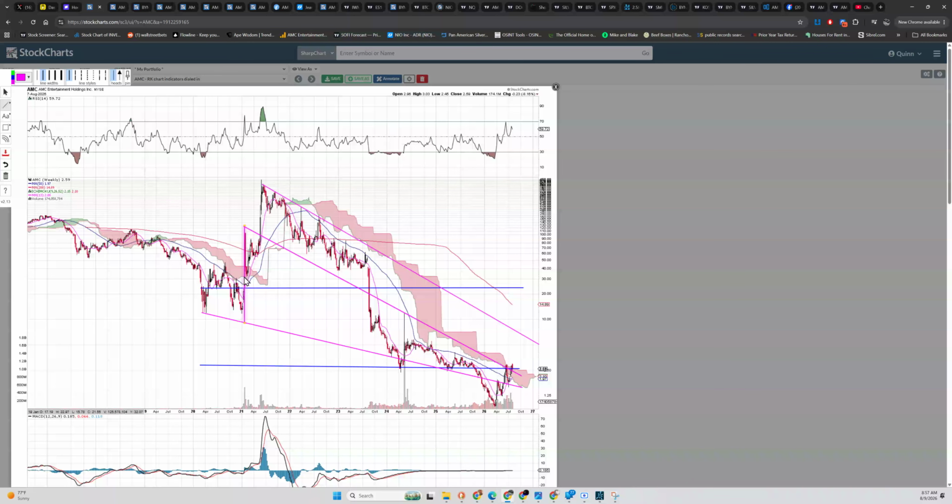And where do you put that? You put that on the breakout. Well, let's just put it on the back test. So you put it on the back test and you've still got, I don't know, 36 bucks right here on this. See this Ichimoku? I would